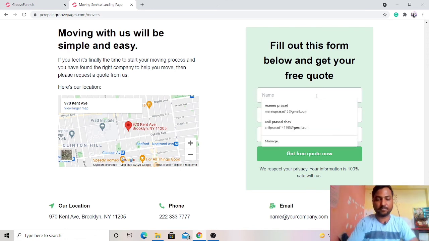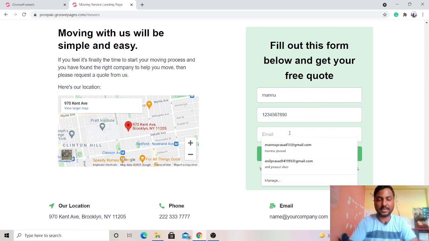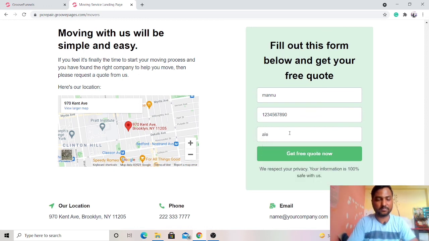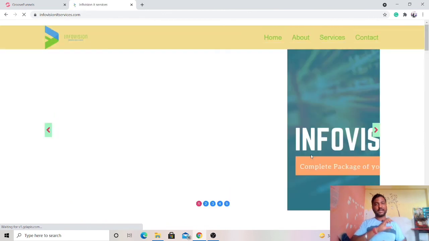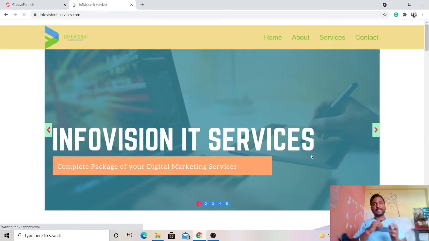I'm just going to fill up my name, my phone number, and my email address, like I'm just using a random alex.com, because right now my Zapier account is not integrated completely from their side, so it will not submit anywhere, but the form will work. Okay, the things will work. So now I'm just going to click on get free quote now, and it is sending. The details have been submitted successfully, you can see, and now my website is redirected to